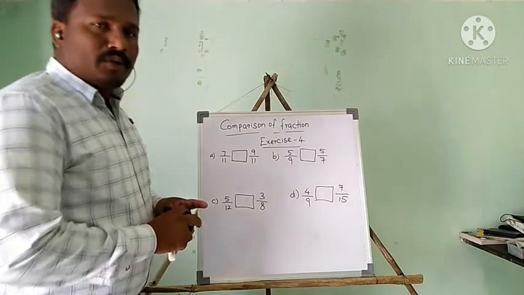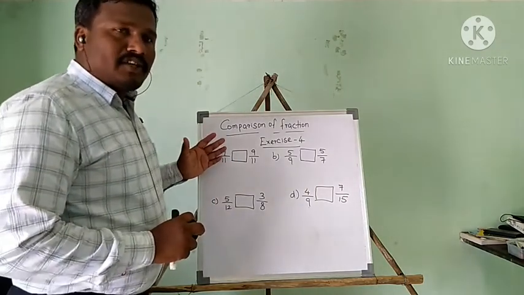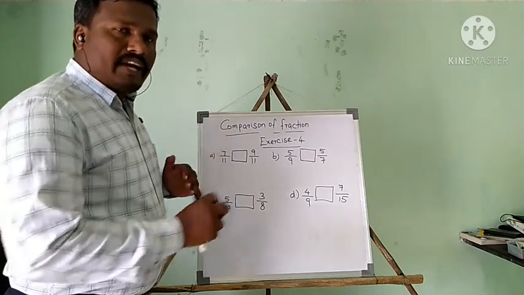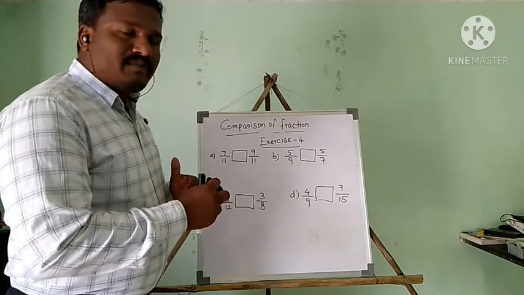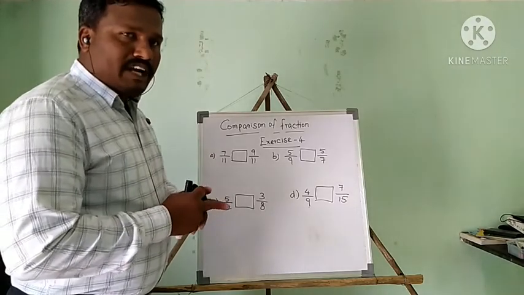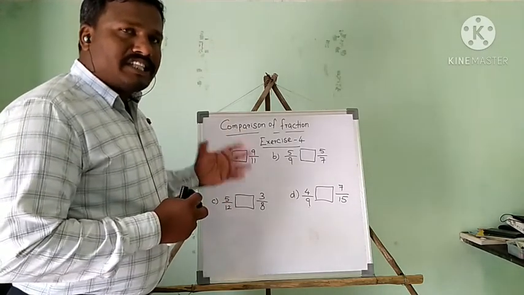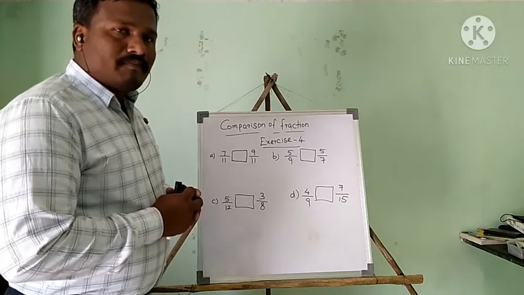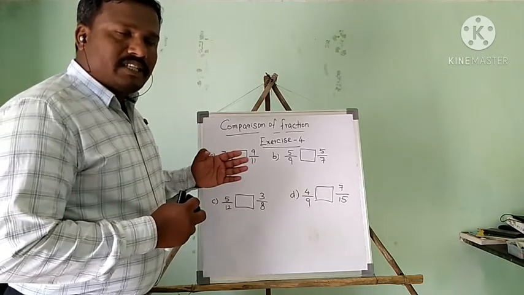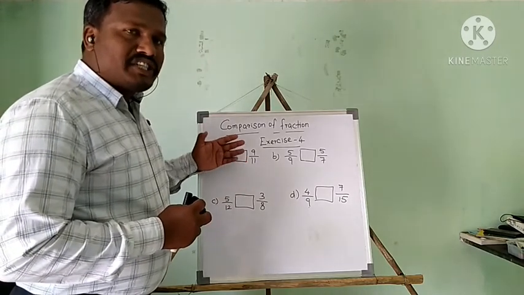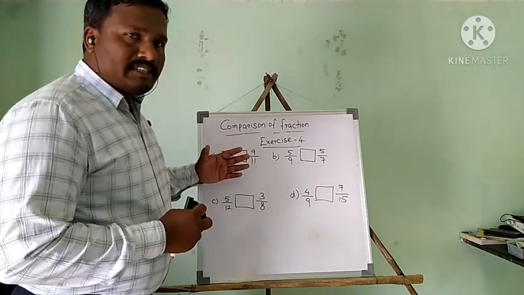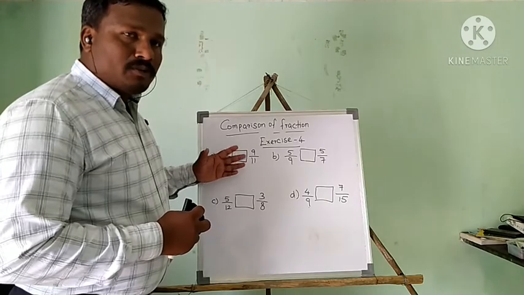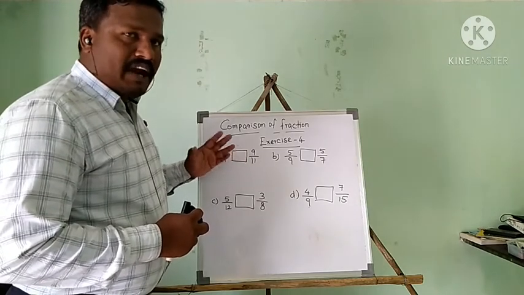Okay, I already told you fraction is not like a real number. We cannot compare as it is. We have to check what type of fraction the given fraction is. We know there are 6 types of fractions, I already told you. Then we have some rules and regulations, and as per the rule we have to compare the given fractions.